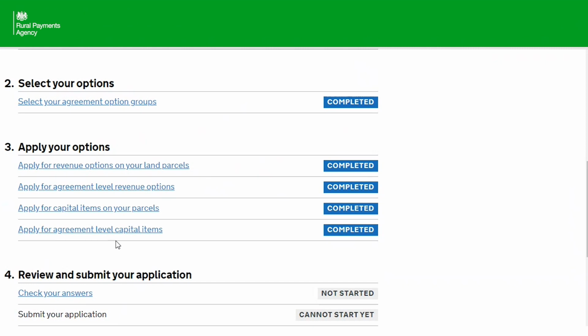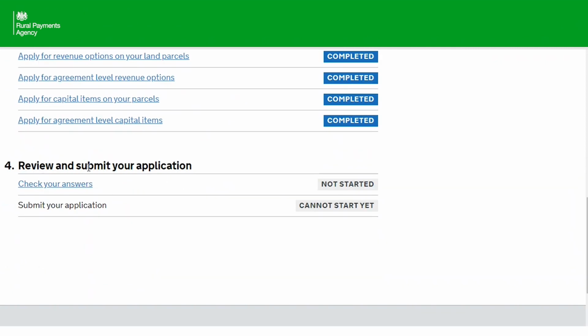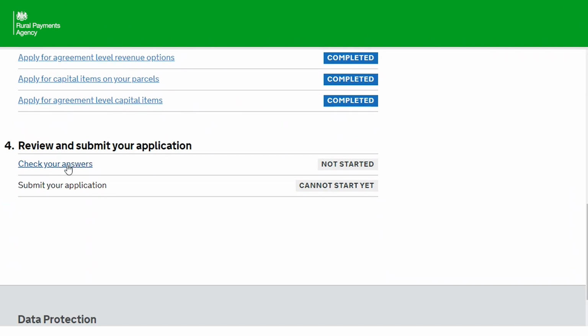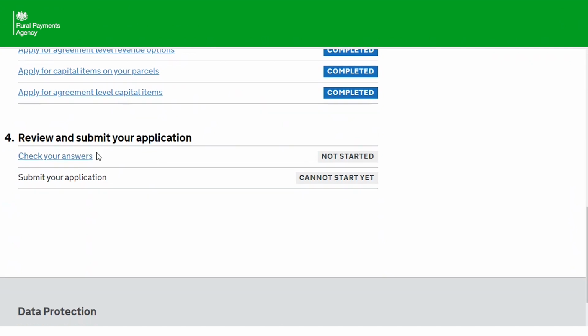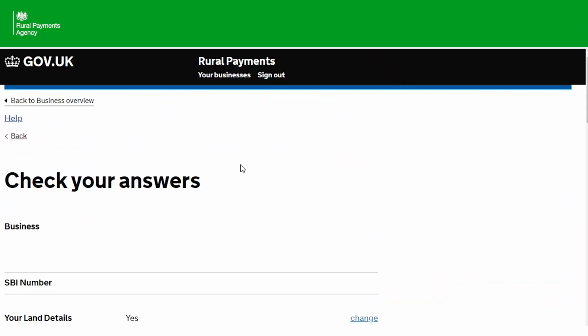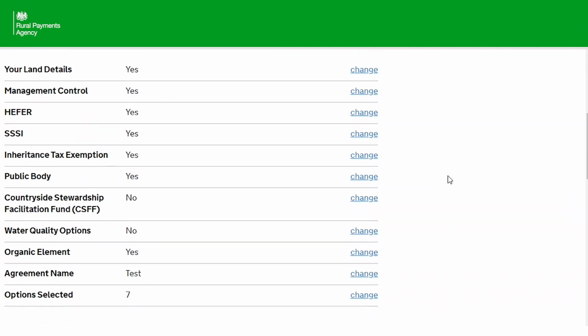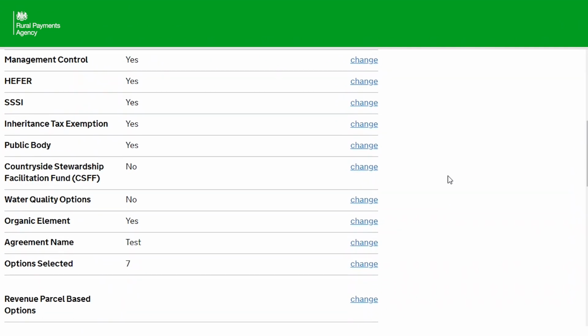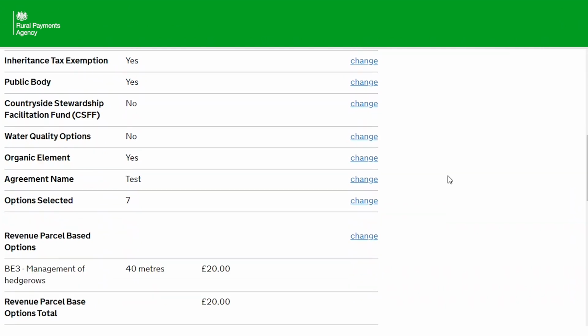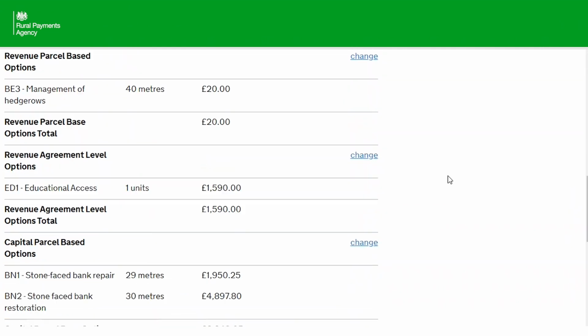It's important to note another section may be presented to you within step 3 for you to apply your rotational parcels. In step 4, review and submit your application. You'll be able to check your answers and submit your application. First of all, you need to check your answers. This page will display to you all of the options and the information that you have inputted into your application. You are to review this, and if happy with everything that is in there,